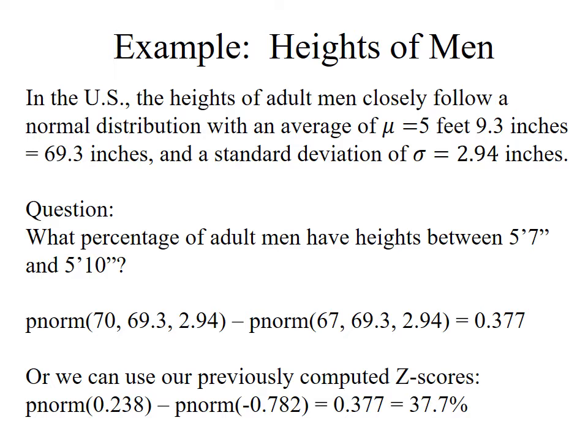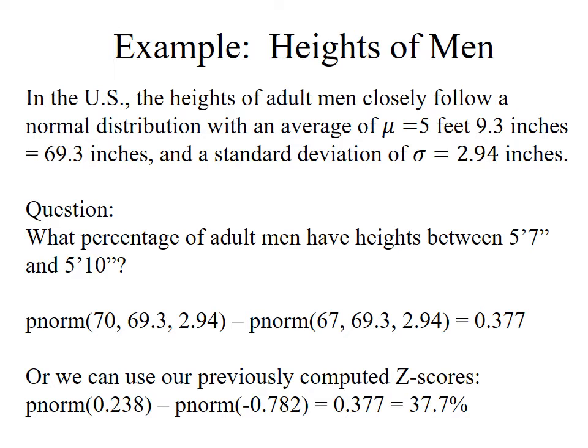If I apply pnorm to the 5 foot 7, to the 67 inches, that'll tell me the probability of being below that height. So that's the amount I want to subtract from the other amount. That's the amount I want to chop off of the distribution. So I do pnorm of 70, 69.3, 2.94, and then I subtract from that pnorm of 67, 69.3, 2.94, and when I stick that into R it tells me that is 0.377. That tells me the probability of being in that range. The probability that the next randomly chosen guy to walk through the door will have a height